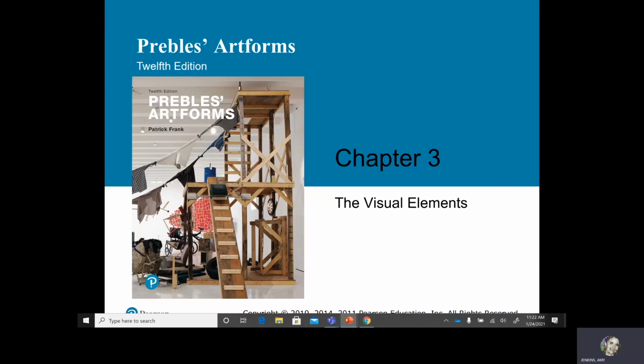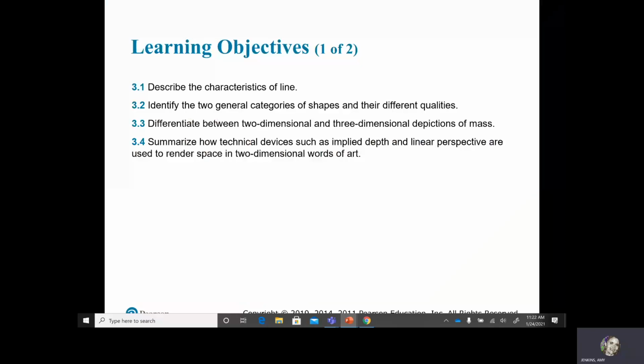Chapter 3, we're going over the visual elements of art. Our learning objectives: we're going to be able to describe the characteristics of line, identify two general categories of shapes and their different qualities, differentiate between 2D and 3D depictions of mass, summarize how technical devices such as implied depth